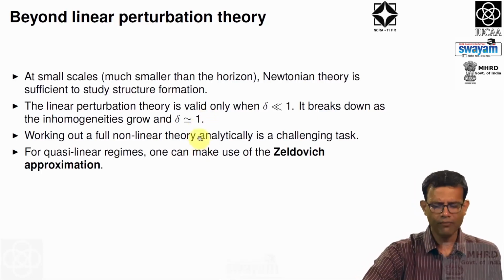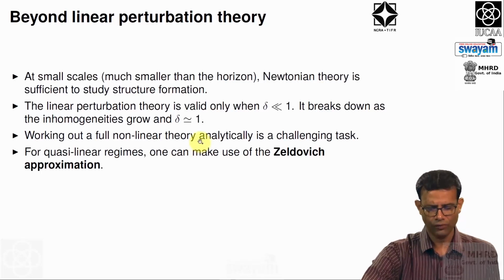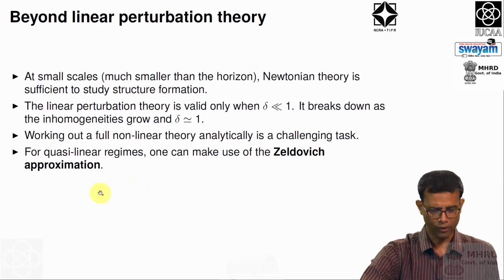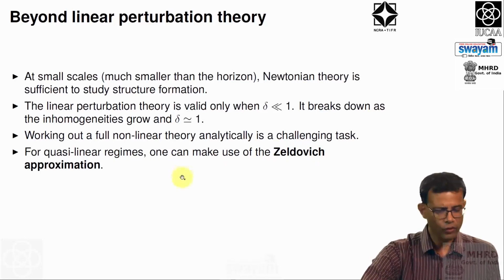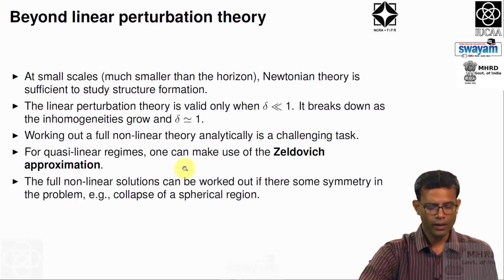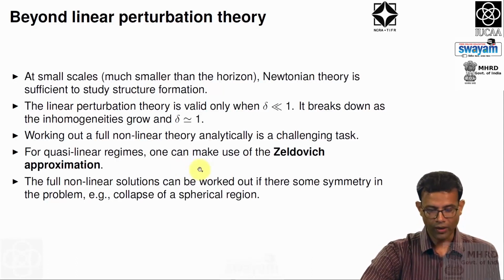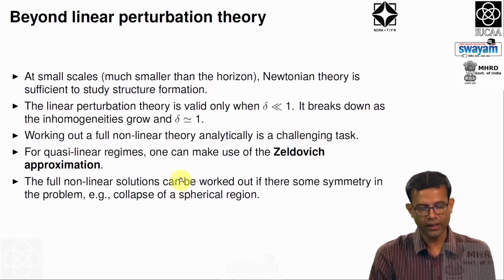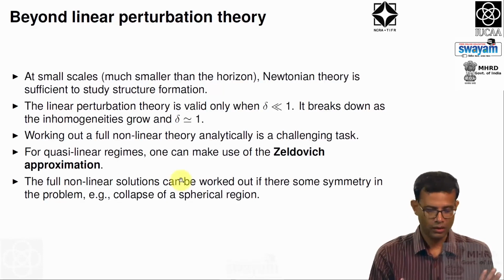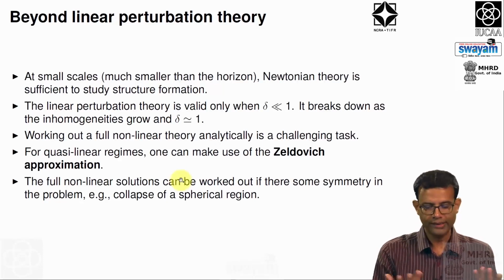Then there are various approximation schemes which one can make use of. One such scheme, very popular in cosmology, is called the Zeldovich approximation. Again, I am just going to mention this, but we are not going to work this out here. The full nonlinear solution can be worked out if there is some symmetry in the problem. For example, if you assume spherical symmetry, you consider only a spherical region and work out its growth, let's say its collapse